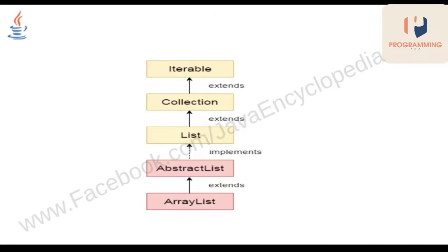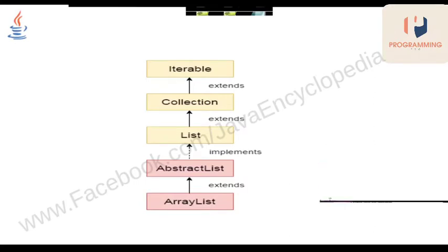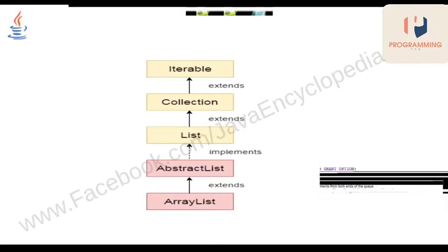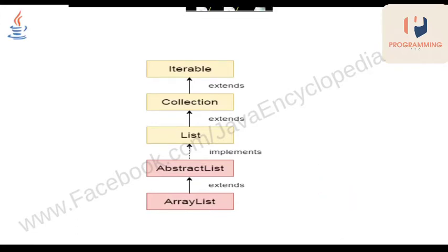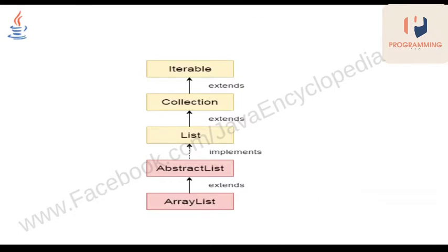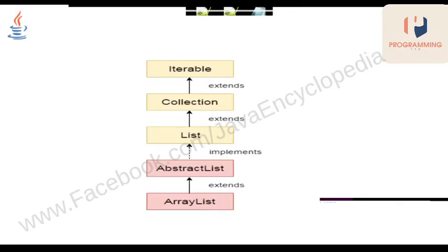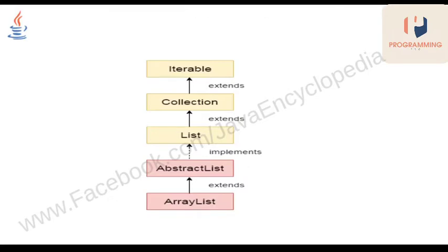You see here, we have Iterable as an interface, and Collection as an interface we saw. From Collection, List is built. So now List has how many methods? Already 10 methods we have. What are those? add, addAll, retainAll, removeAll, containsAll, size, and one more method. By default, List has 10 methods, and these 10 methods are available in the list.